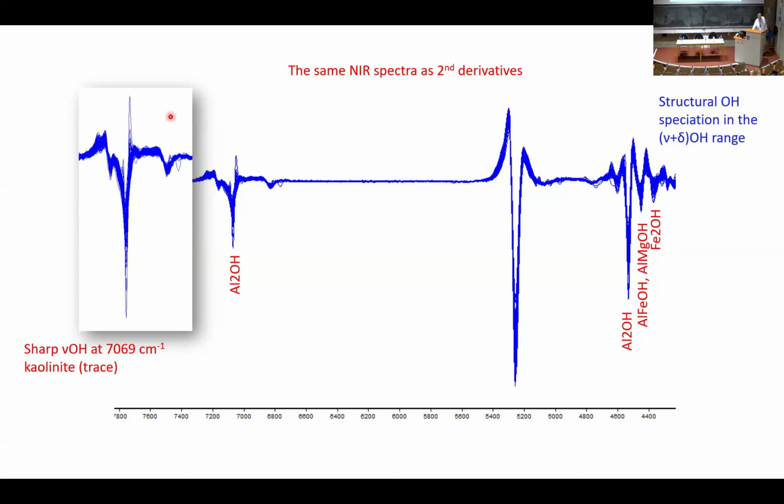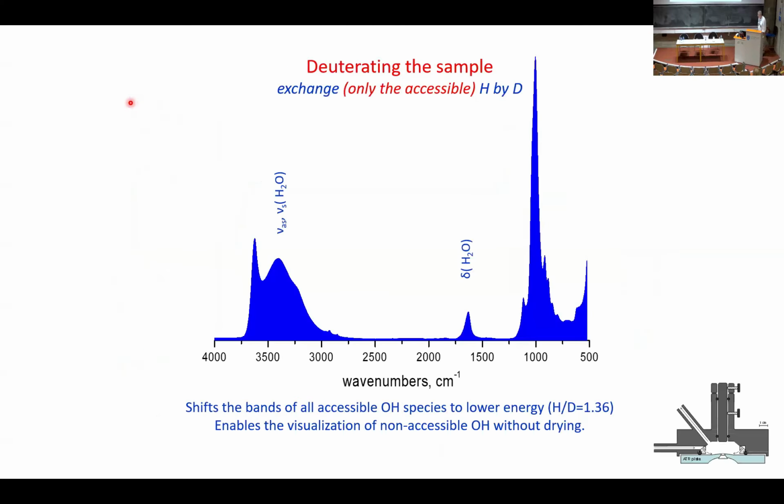Actually, what you see as very sharp here, this is an impurity of kaolinite. It's a very small impurity, but it has a sharp band and produces these very, very sharp features there. Okay. Now, the last big separation technique I want you to know is due to H to D exchange of